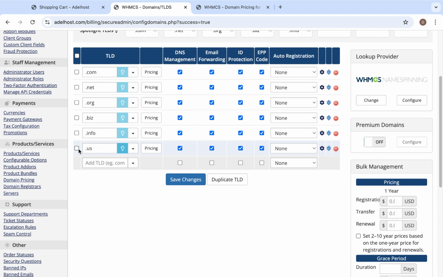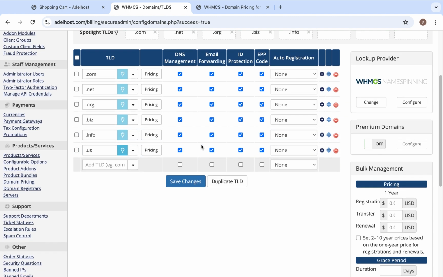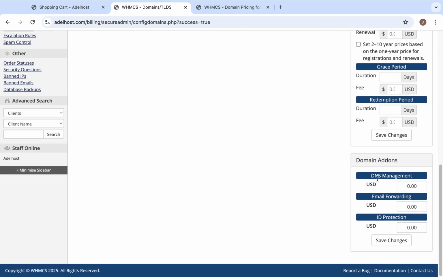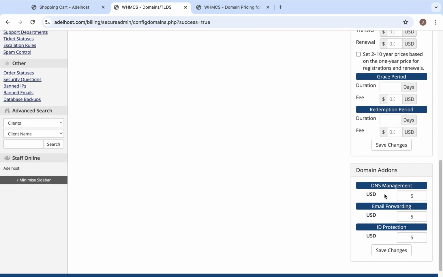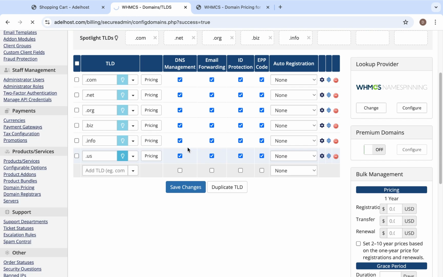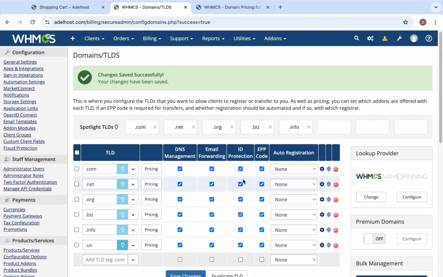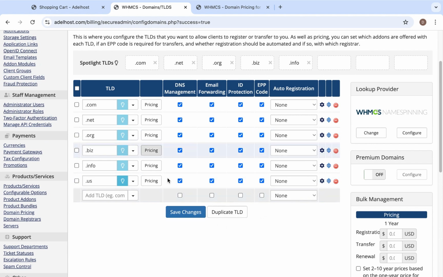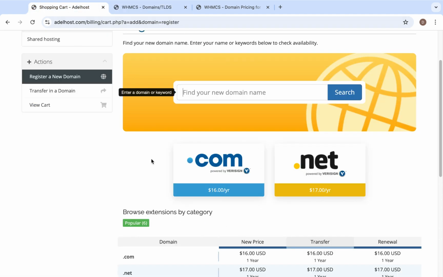Now this domain TLD gets added to the list right here. Okay, and once you are done with that, you can just go ahead and enable DNS management, which should be $5. You can price it whatever amount you want, just an extra way for you to earn some money on the side, because your users may want to protect their personal information from the public, so they will purchase ID protection, and then you make some money by enabling ID protection on their domains. Okay, once you are done and you have saved the changes, return to the page right here,